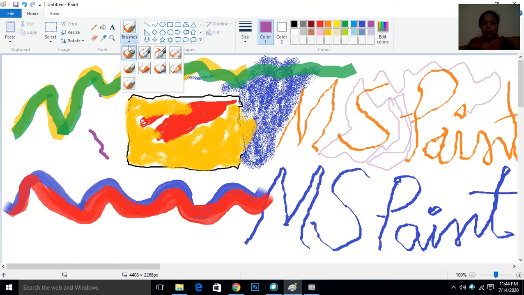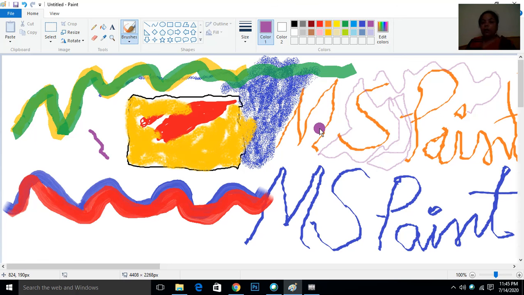Now the last one is watercolor brush. Have you ever done coloring with watercolor? Yes or no? If you have done it, very good. You will be able to understand it.